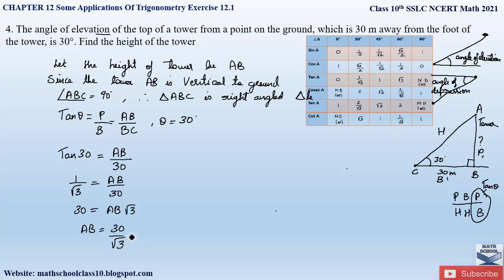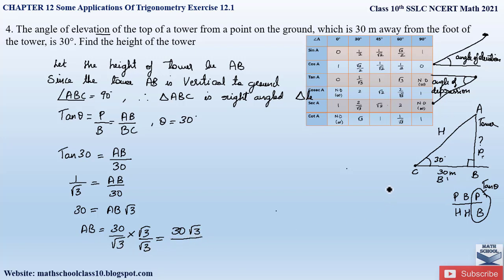So here we have obtained an irrational number or a root number in the denominator. So whenever you obtain a root number in the denominator, you have to make sure that this root value is removed from the denominator in order to make your answer correct. You have to rationalize in order to remove this root number from the denominator, that is by multiplying and dividing by the denominator value. So here we have root 3, so we will multiply and divide by root 3. So this will be 30 root 3 divided by root 3 into root 3.